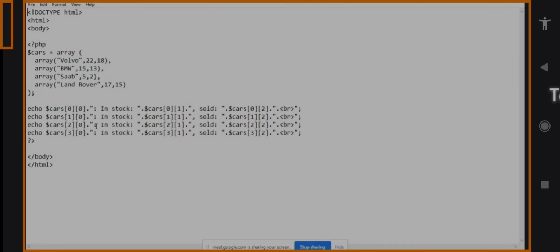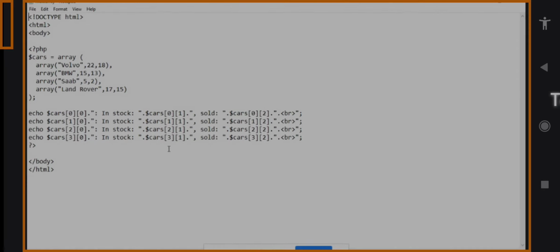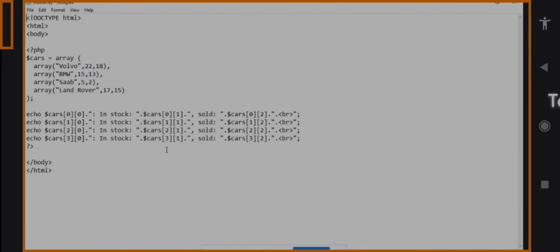Don't consider that the dot is compulsory here; it is for concatenation. We have to concatenate that particular statement, so that's why we are using the dot. So $cars[0][0], dot, double quote colon in stock colon, dot $cars[0][1].